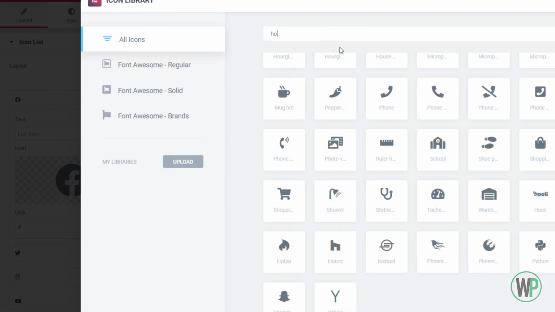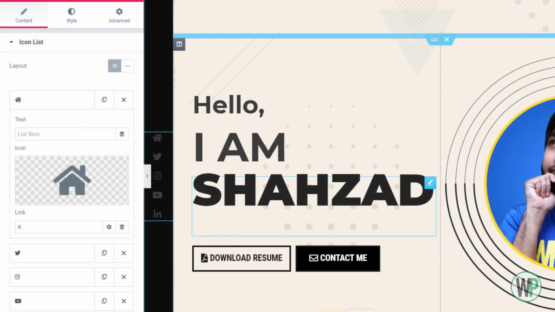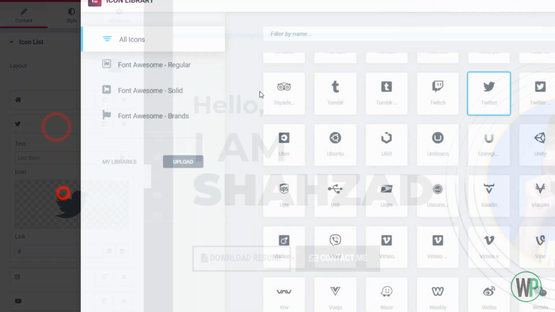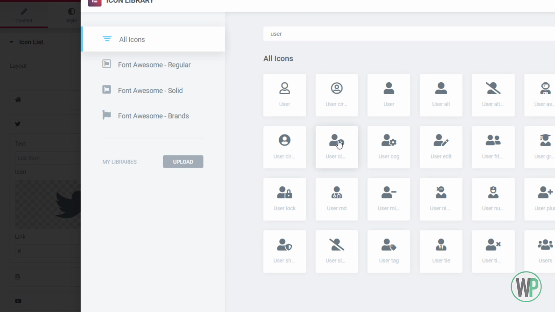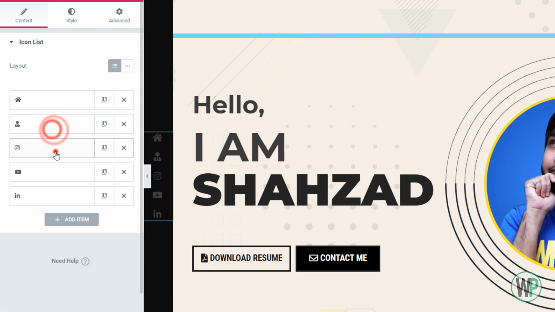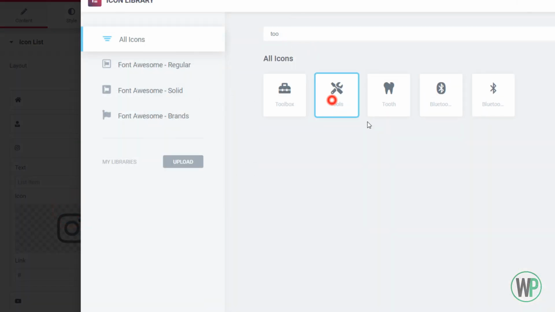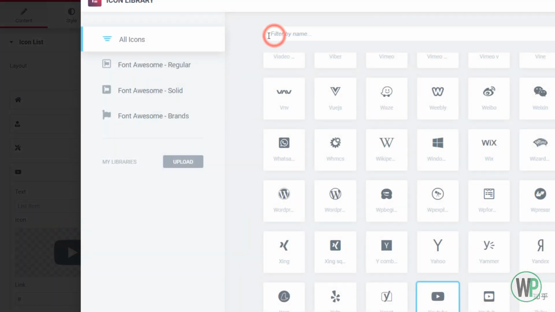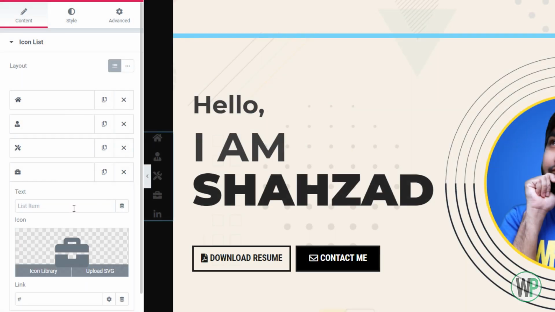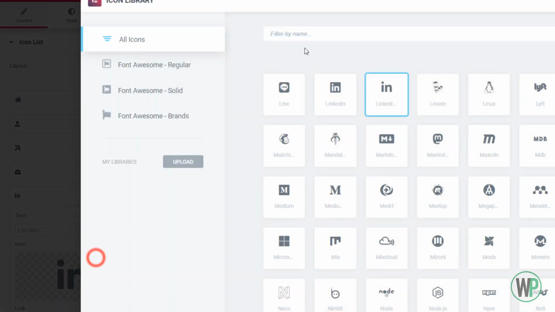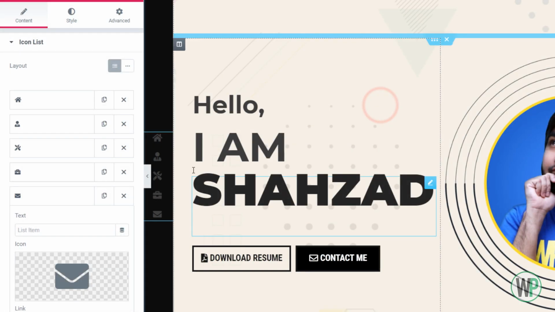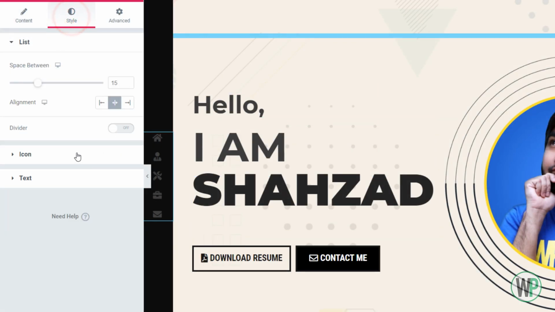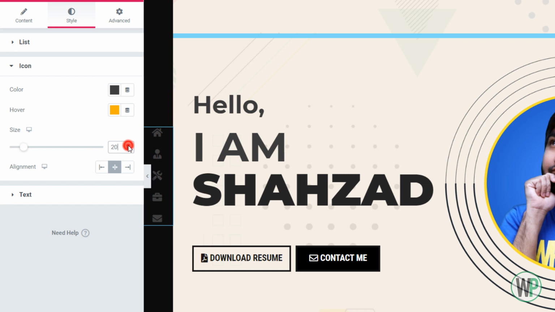Just change the icons. Okay, let's increase the size of these icons a little bit.